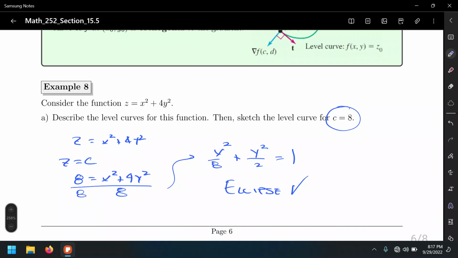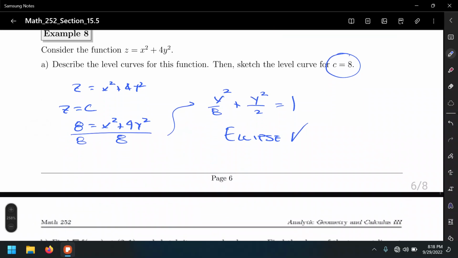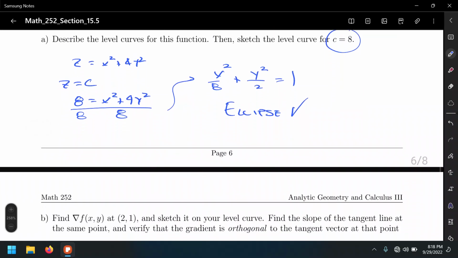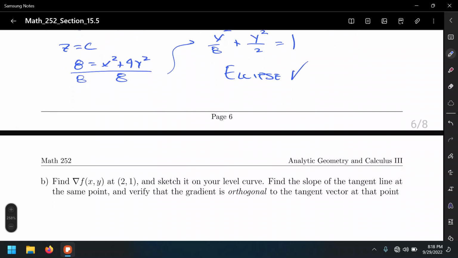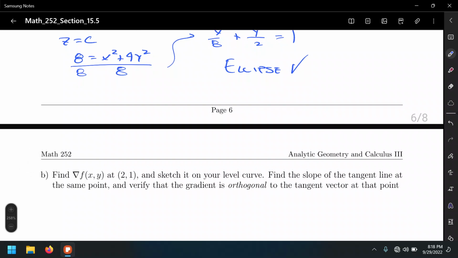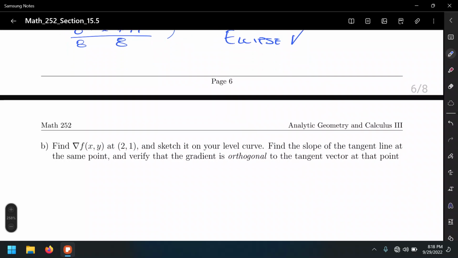Okay, for part B, what are they asking us for? Find the gradient of the function at the point 2, 1 and sketch it on the level curve. Then find the slope of the tangent line at the same point and verify that the gradient is indeed orthogonal to the tangent vector at that given point. Well, number one, let's compute the